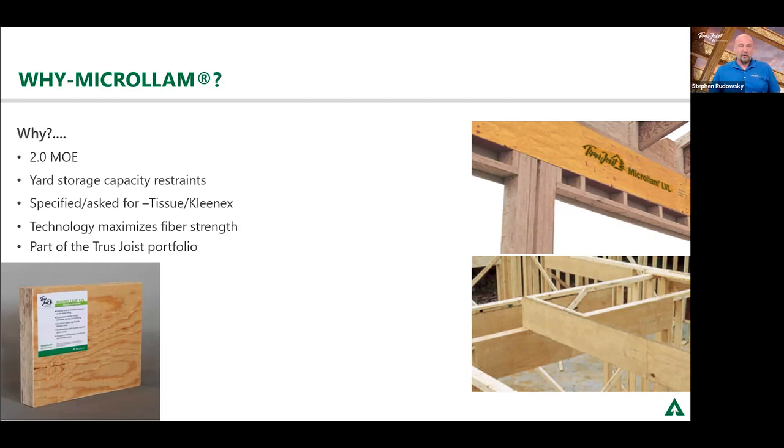on a tour. But when I look at Microllam, think of it as plywood on steroids. So Microllam, or LVL, stands for Laminated Veneer Lumber, and it's an alternating veneer used in 3 different grades, an A, B, and C grade, and they're laid up with glue. They start out as a large mat. They go through a press and microwave heating technology that secures that glue and basically crushes that billet down into